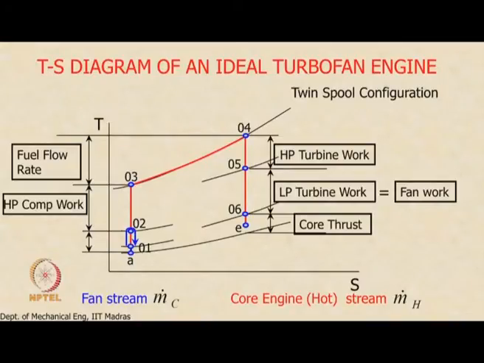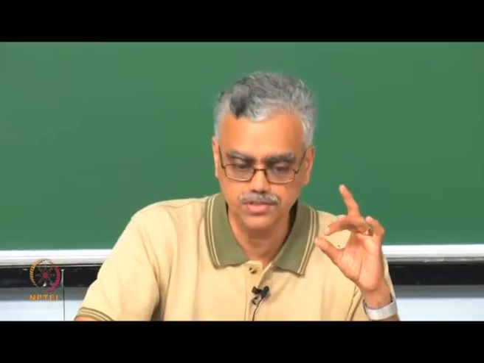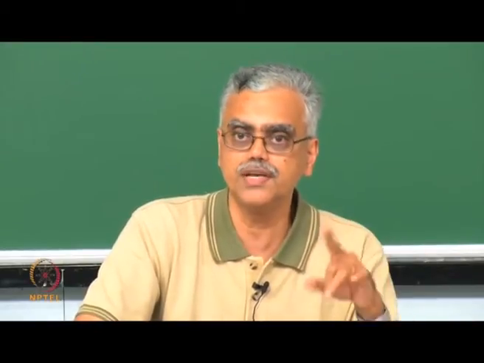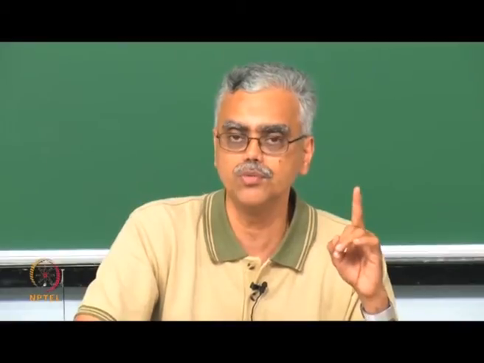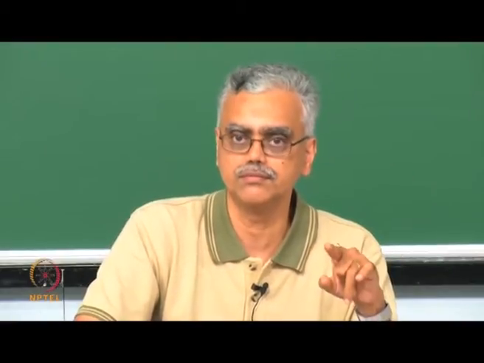Okay. Remember, the fan acts as a nozzle; the thrust is produced by the nozzle, unlike a propeller. This is blue. The most important thing that you must remember is that the amount of air that goes through this fan stream is much higher than the amount of air that goes through the rest of the engine. So the change in stagnation state in the fan may appear small because 01 and 02 appear to be small, but the amount of work is very large because this is going to be multiplied by the amount of air that the fan handles, which is m dot c plus m dot h.